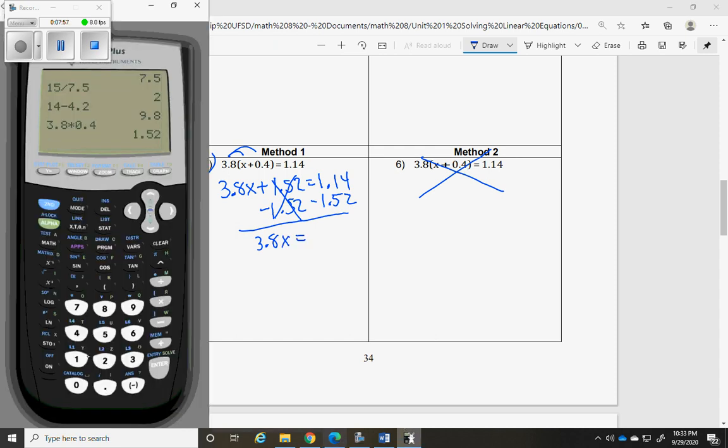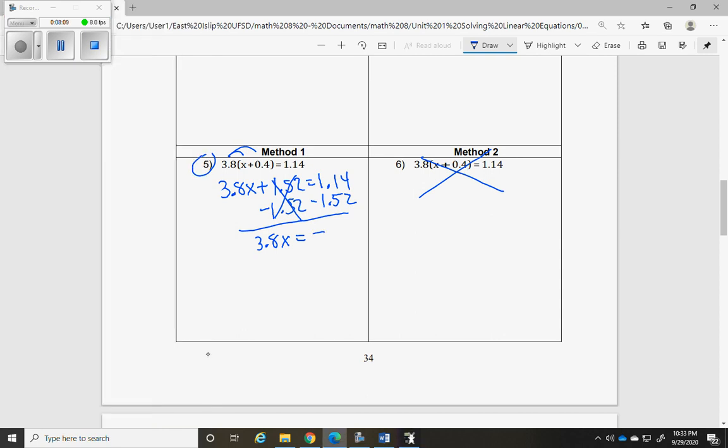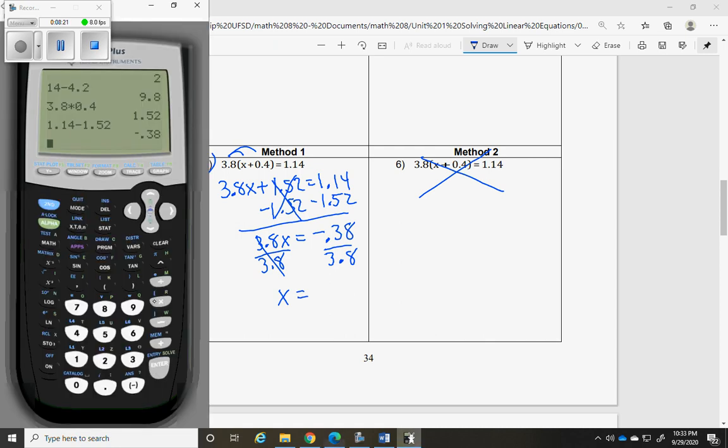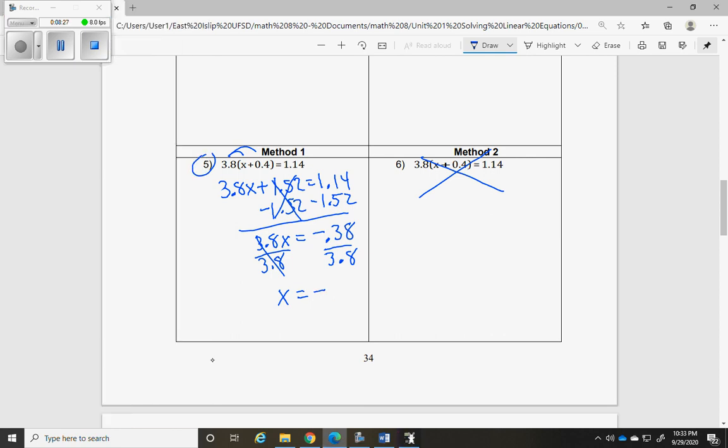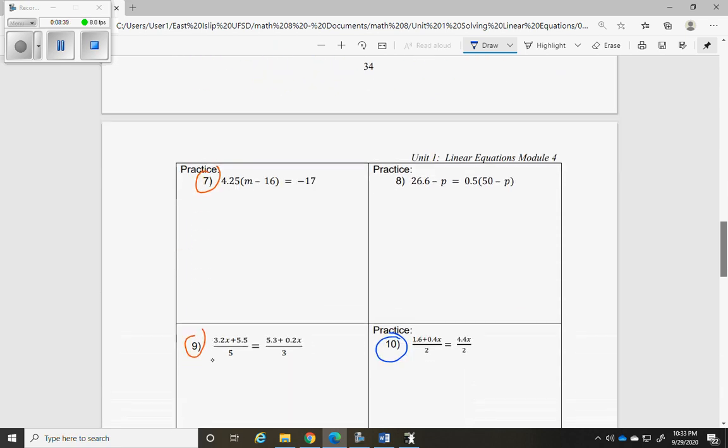So 1.14 minus 1.52 is negative 0.38. Divide both sides by 3.8, and x equals negative 0.1. Okay, so remember, just use your calculator